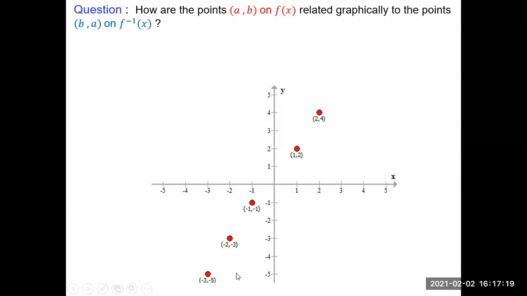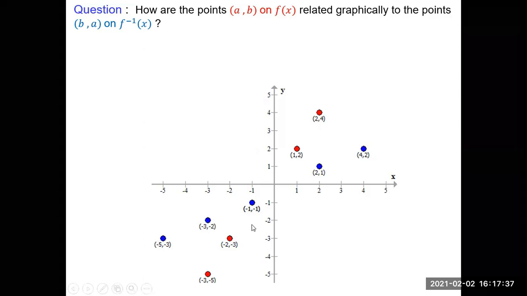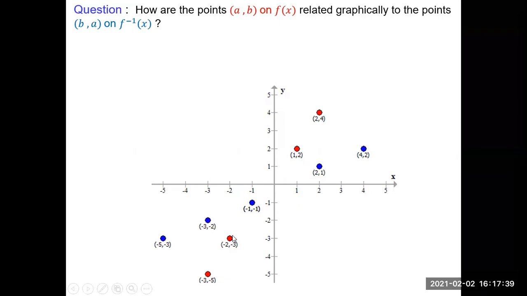So let's show where those points would be. We can see that these blue points, if we were to plot -5, -3, compared to -3, -5, there should be some sort of relationship. It looks as if there is symmetry involved. But it's not symmetry over the x-axis. It's not symmetry over the y-axis. One thing I should notice, though, is that this point at -1, -1 is actually on both the function f and the function f inverse,